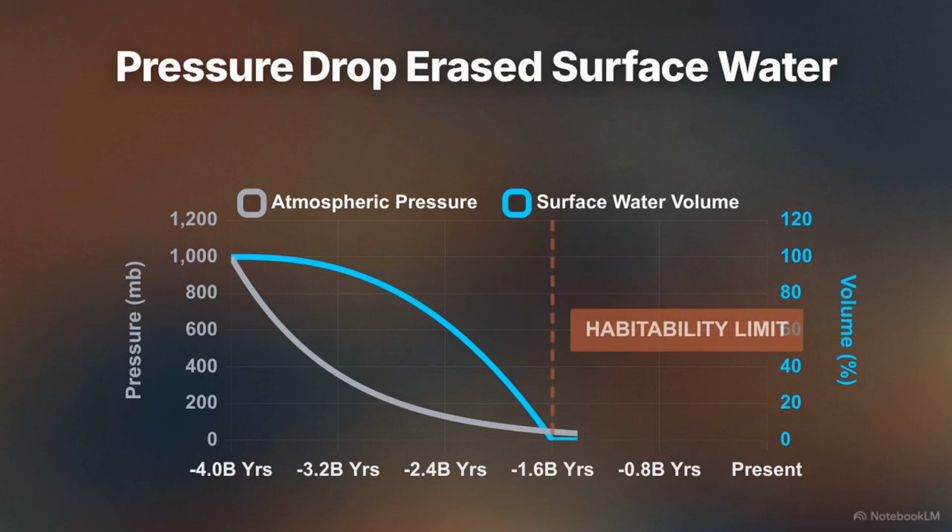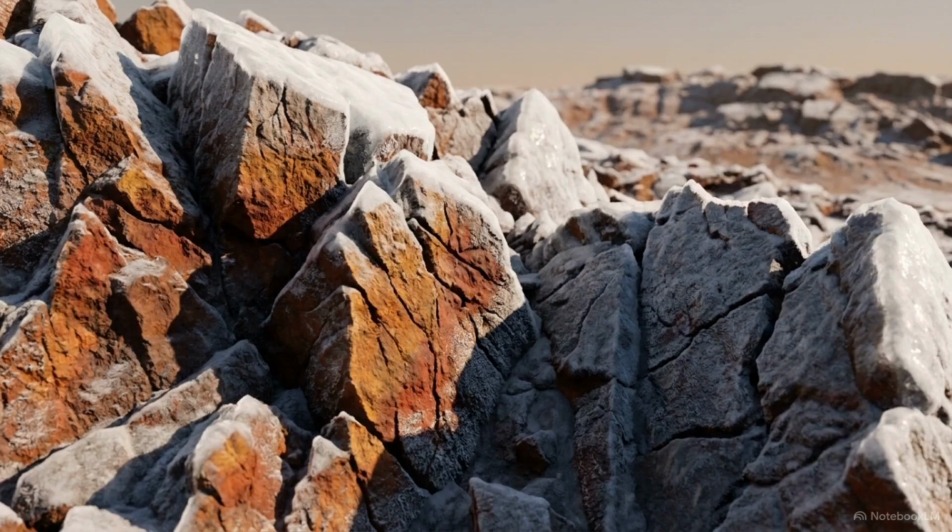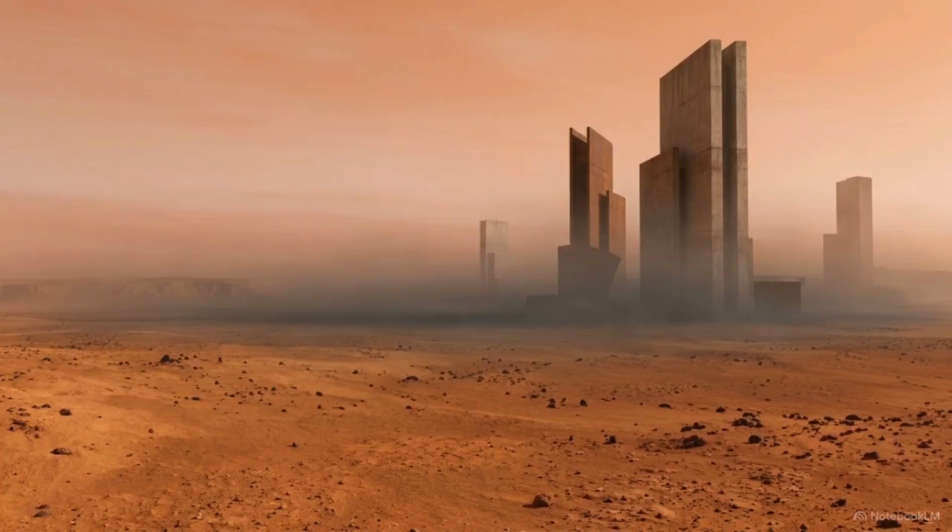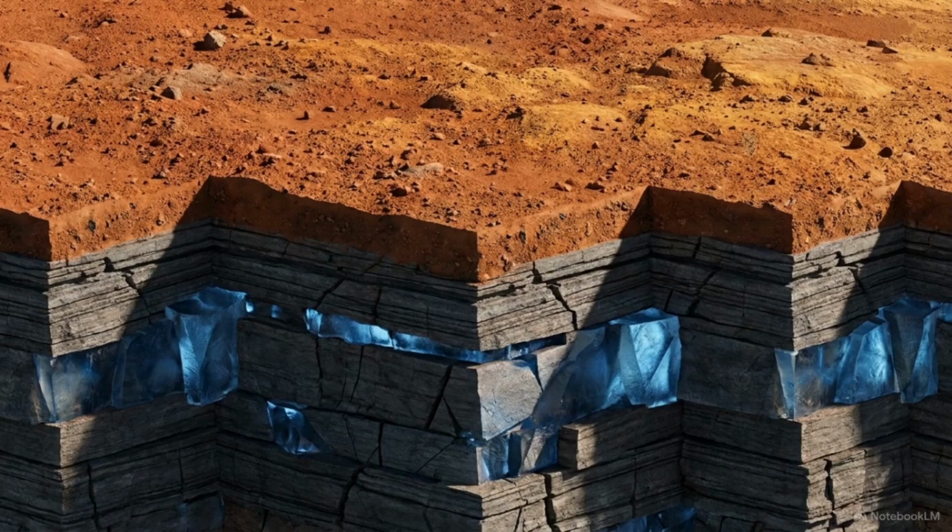Reaching this critical threshold, the air became so thin that liquid water could no longer exist on the surface. The warm, wet Eden froze solid. Today, the average surface temperature hovers around -63 degrees Celsius, and the remaining atmosphere is a toxic whisper of carbon dioxide. This flash freezing process acts as a planetary time capsule.